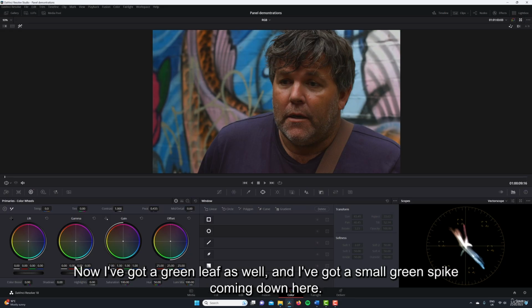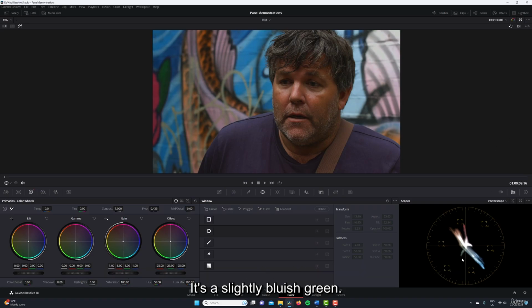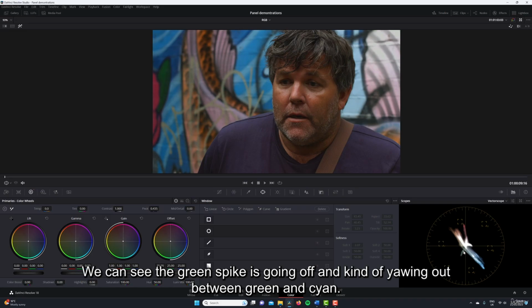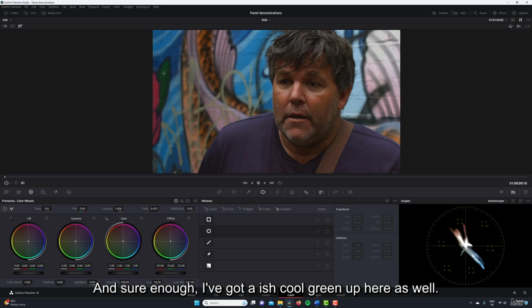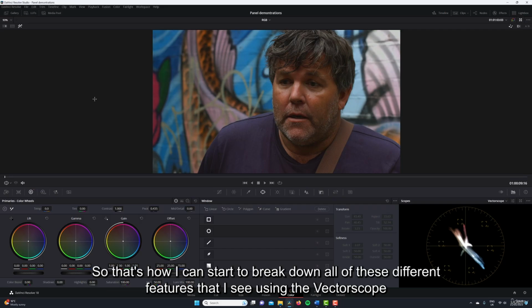Now I've got a green leaf as well, and I've got a small green spike coming down here. It's a slightly bluish green. We can see the green spike is going off and kind of yawing out between green and cyan. And sure enough, I've got a bluish cool green up here as well. So that's how I can start to break down all of these different features that I see using the vector